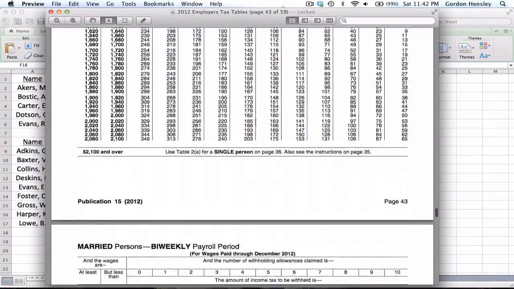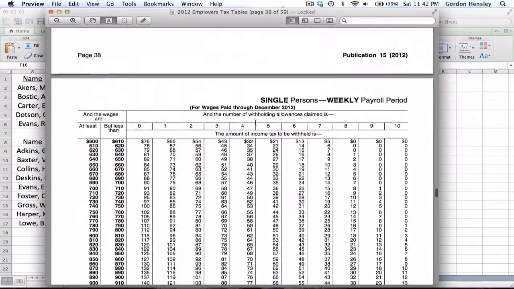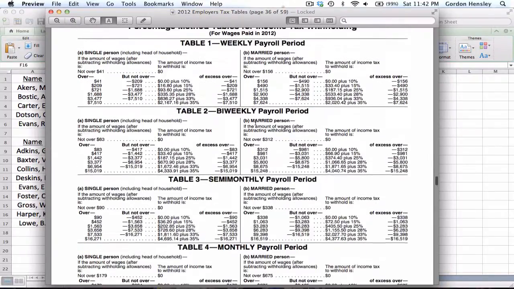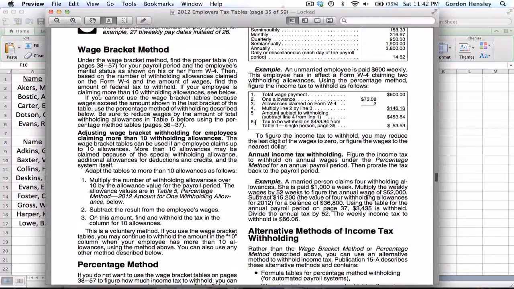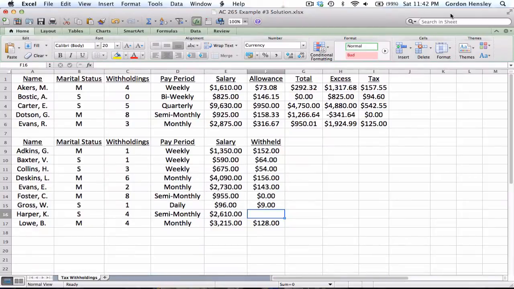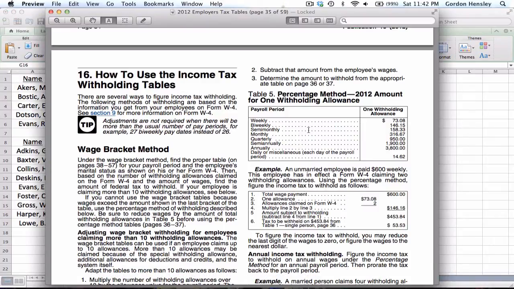So to do that person's taxes, I'm actually going to have to go back and use the method I used on the first part of the problem, which is percentage. That means I'm going to have to go back up to where I started at the very beginning on page 35, where I had my table for withholding allowances. Now this particular person is single, 4 withholdings, semi-monthly. So what did this person have as a withholding allowance? Well, it would be for a semi-monthly taxpayer. According to this table, semi-monthly, the third line,